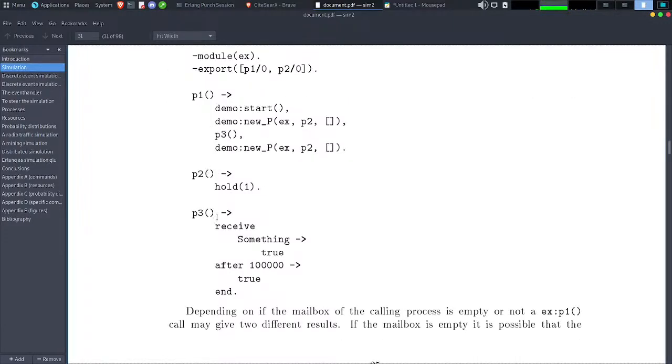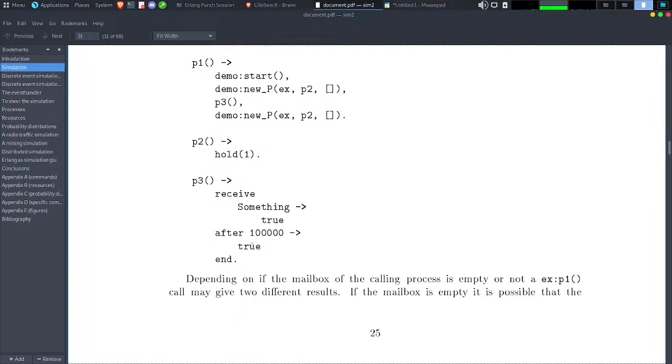P2 it's all the one, P3 receives something true, and after 100 seconds, we return true. Okay, so that's a timeout feature, depending on if the mailbox of the kernel process is empty or not.